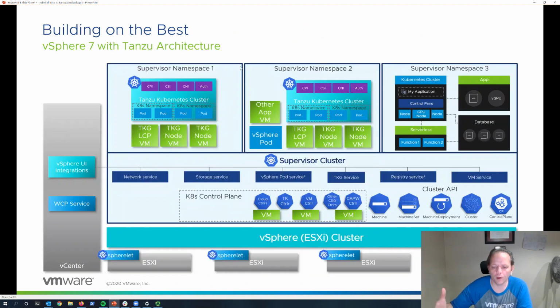Here we see a final build out of the previous architectural diagrams we've been working on to show some examples of what this looks like with applications running on top. And so again, the supervisor cluster, think of it as just like an ESXi cluster, enabling an additional suite of services. Workloads will run. You can request things like, I need a Tanzu Kubernetes cluster, and the TKG service will work